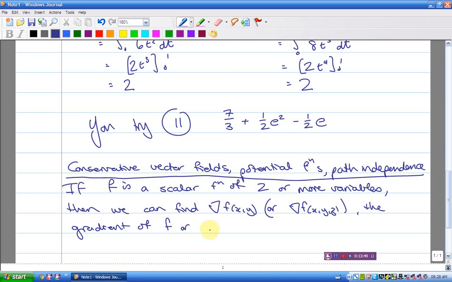Or, in fact, the gradient vector field. What term we've used, I can't remember. But it is, because it's a vector that has as its components little mini functions, and hence it's a vector field. Because your input is a vector and your output is also a vector. Okay, for example,